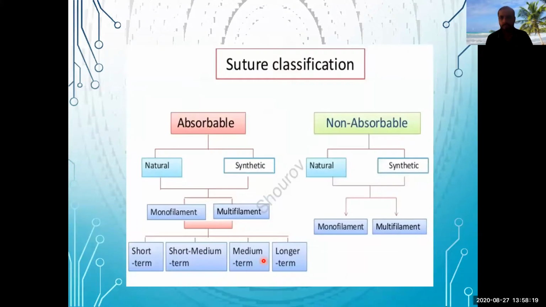This is the most important part. Absorbable, non-absorbable: you yourself make a list. Sometimes you may get confused about what the absorbables are. Make a list of absorbable sutures, and then non-absorbable sutures. We discussed this already. Then what are the natural ones? In the natural list you may find some absorbable and non-absorbable. At least a few, you have to know which are natural and which are synthetic.